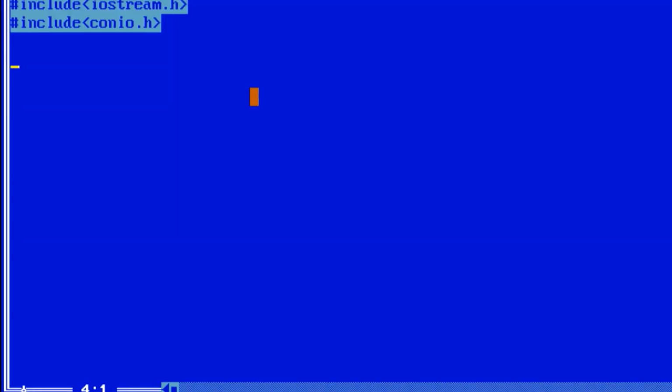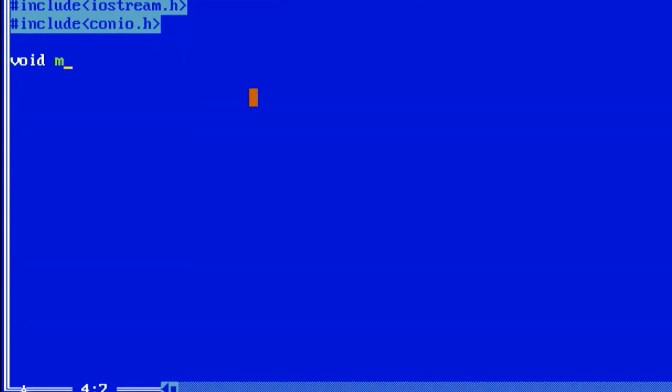This is the Turbo C++ software where I will show how to make a program to convert the decimal number system into its equivalent binary number system. To make the program, we have to use header files. There are two header files, that is iostream.h and conio.h. In these header files there are predefined functions and some objects which are used in the void main function.